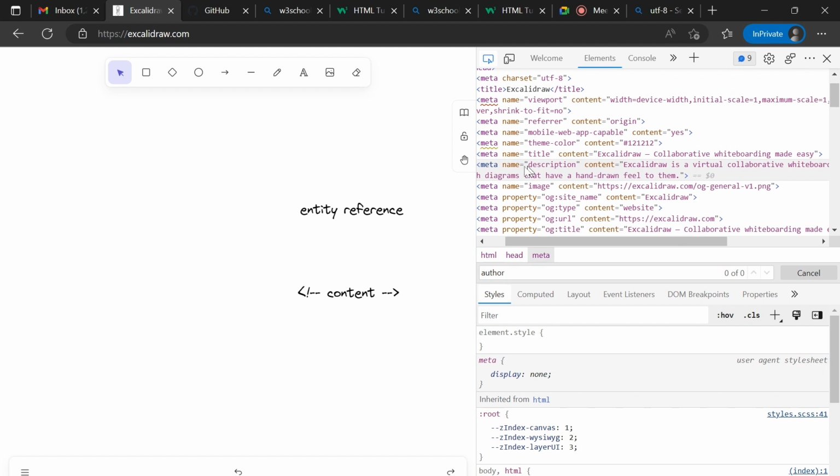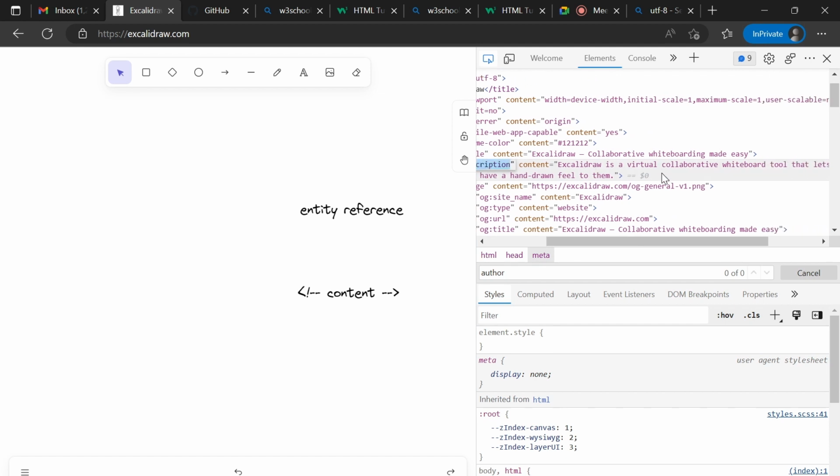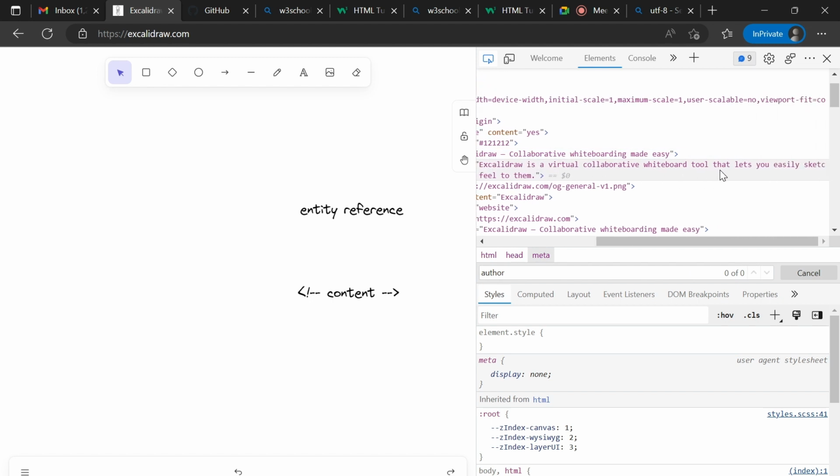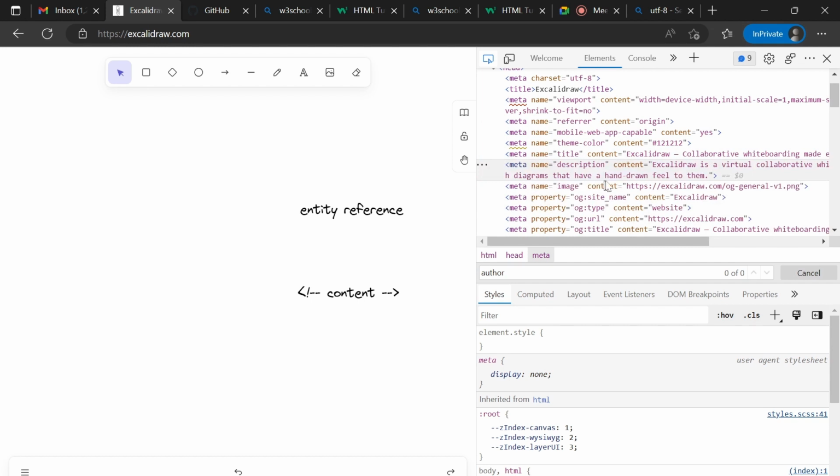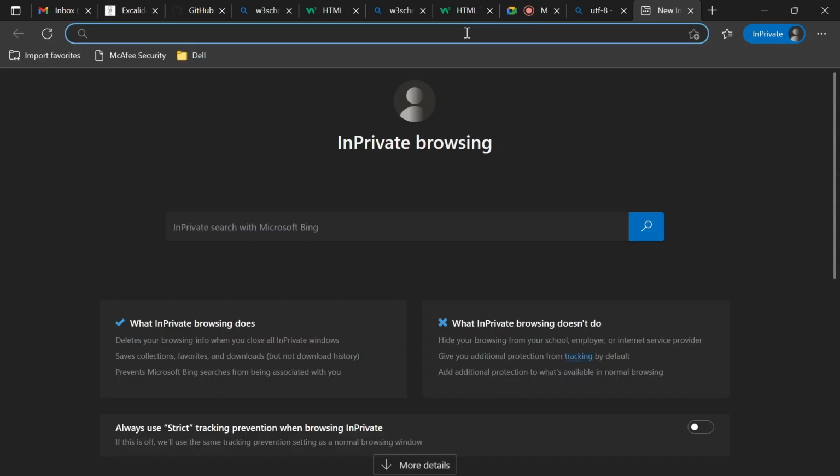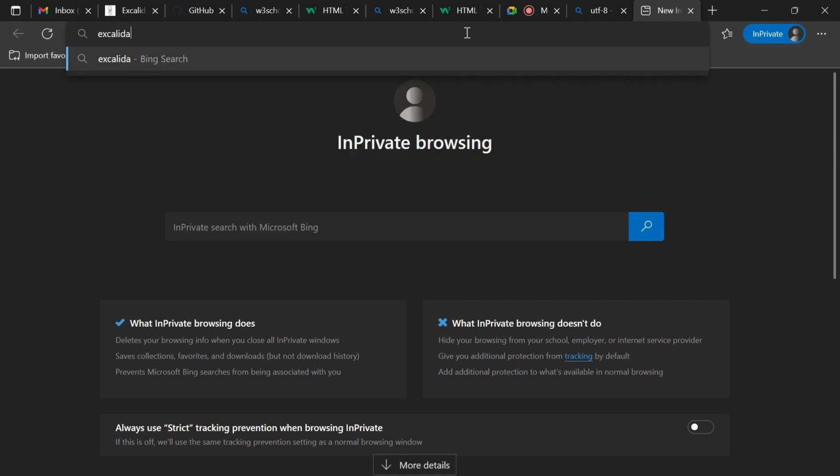This is the description. They have added metadata about the description, that it is saying Excalidraw is a virtual collaborative whiteboard tool that lets you easily sketch diagrams that have a hand-drawn feel to them. Okay, and if you search Excalidraw,